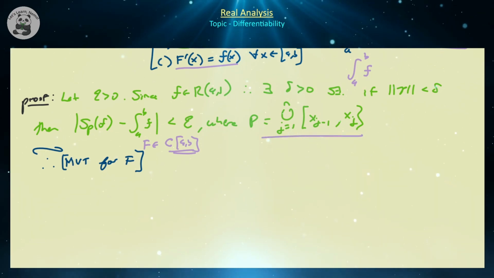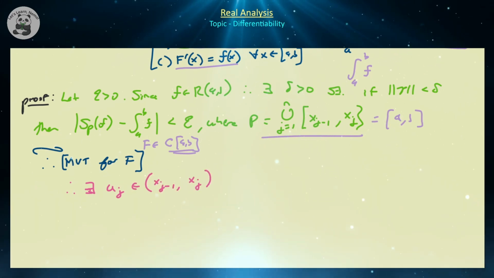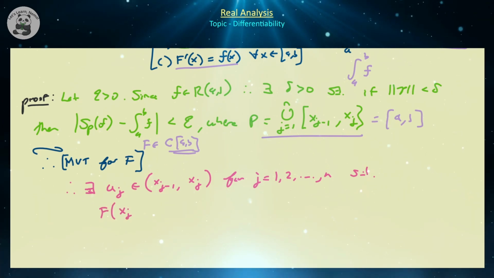So that means there exists some number or numbers, let's call them u_j, that belong to the open intervals (x_{j-1}, x_j), where j ranges from 1 to n, such that capital F of x_j minus capital F of x_{j-1}